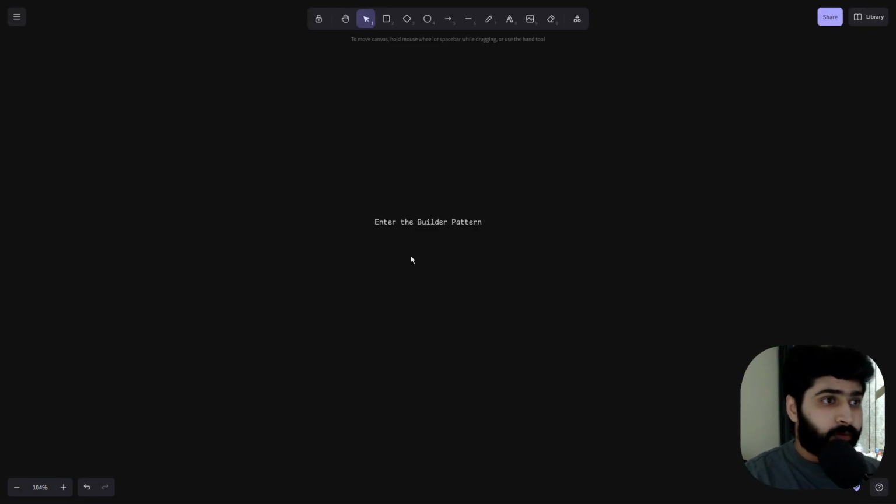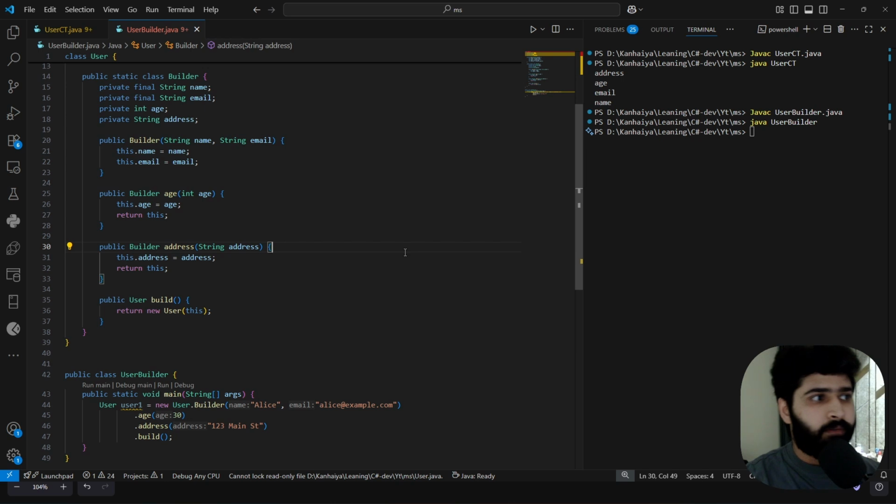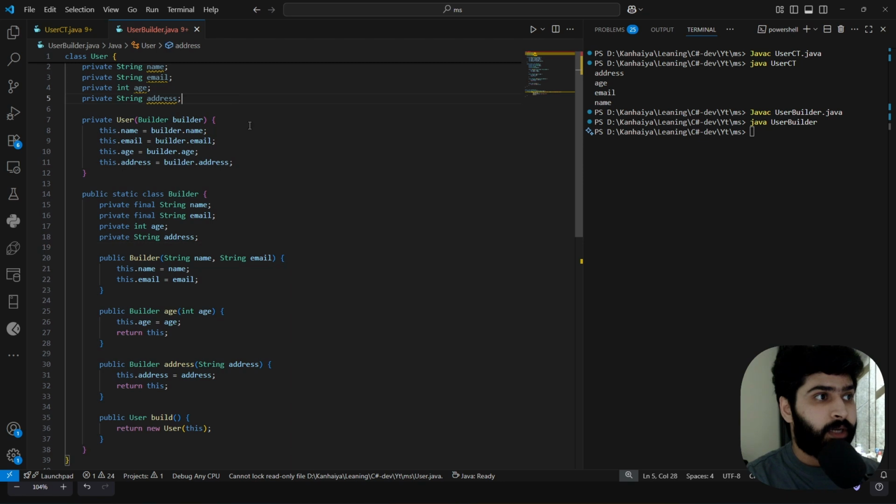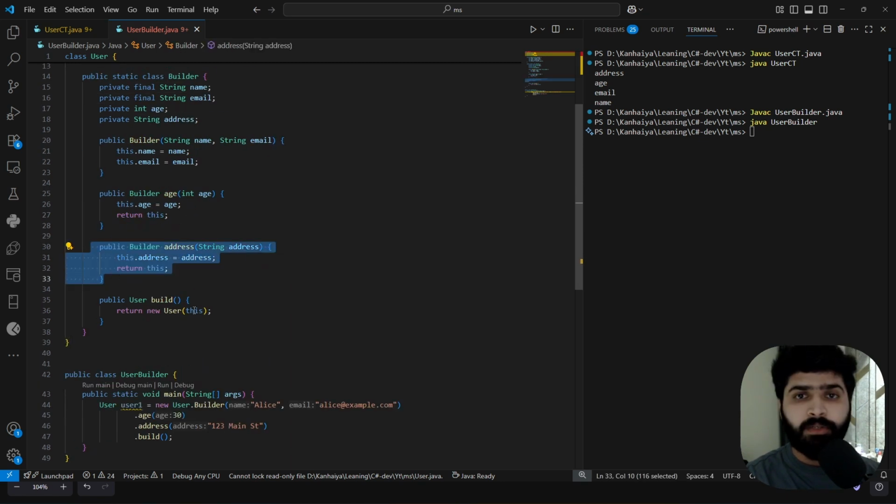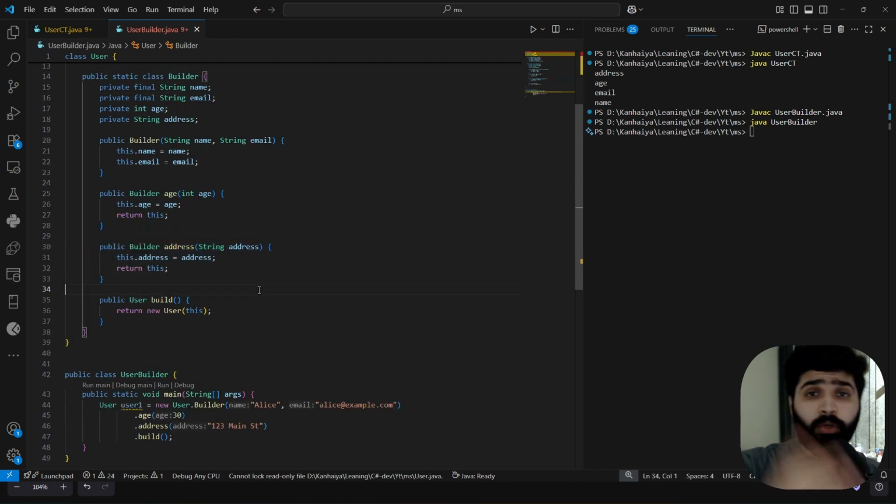Okay, so this was your builder pattern. Whenever you want to add anything, you just have to add fields here and define those methods over there. You do not need to override or overload multiple constructors, or worry about too many fields and how to manage them. It's easy to do that.